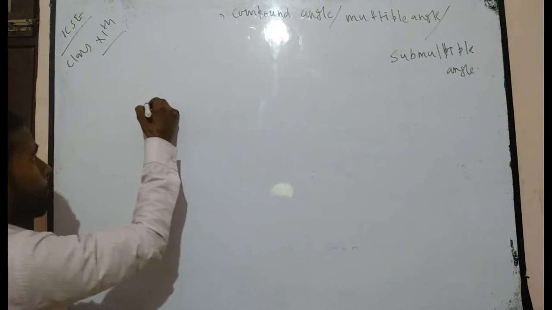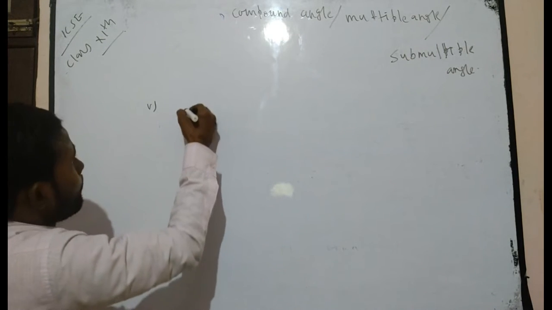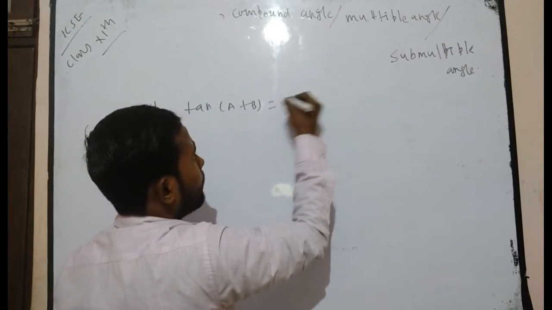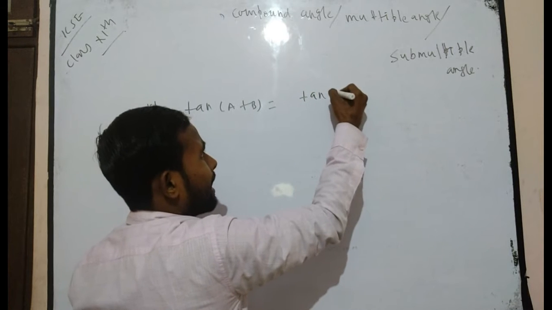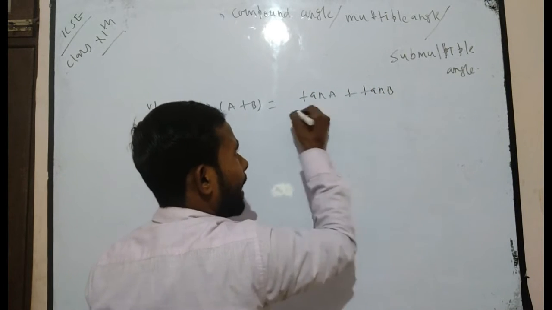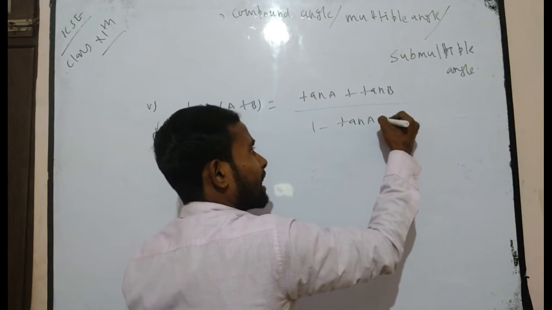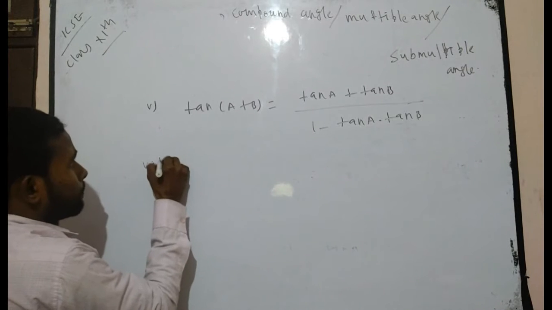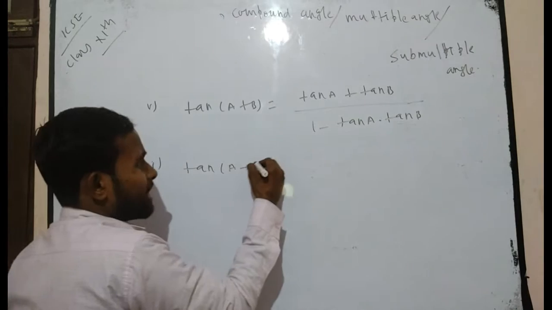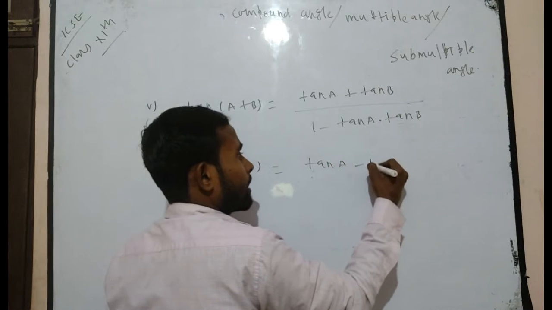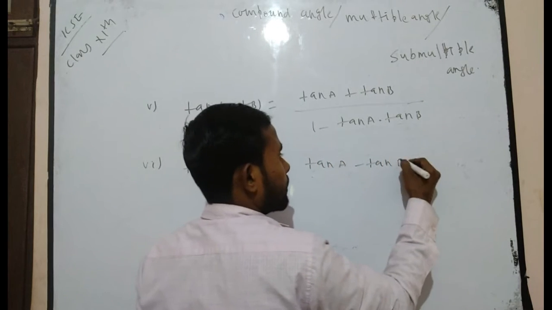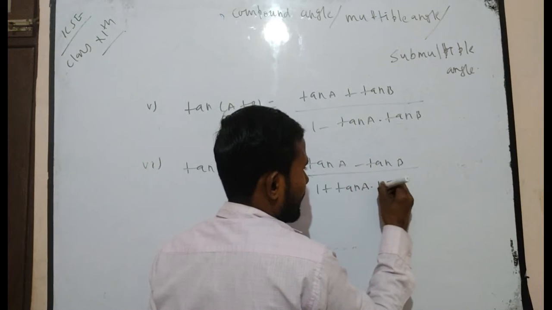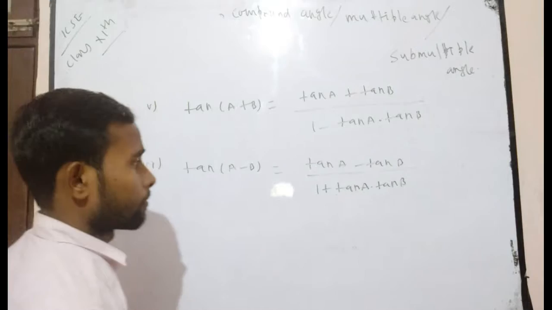Next formula will be tan A plus B is equal to tan A plus tan B divided by 1 minus tan A into tan B. Next formula, tan A minus B is equal to tan A minus tan B divided by 1 plus tan A into tan B. Next formula